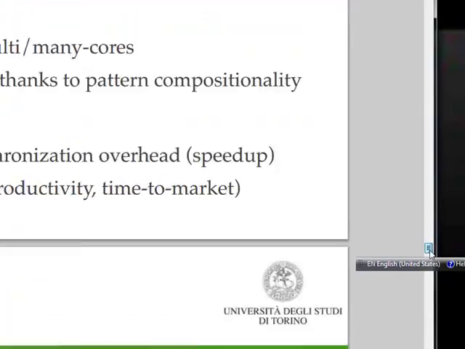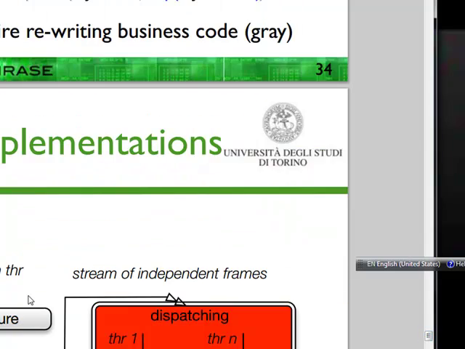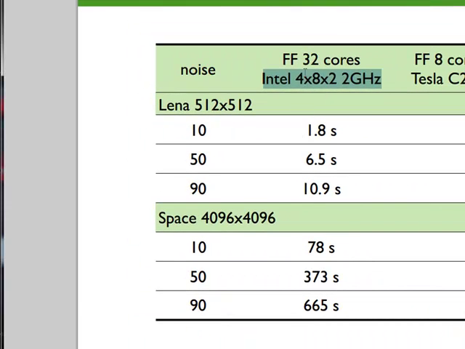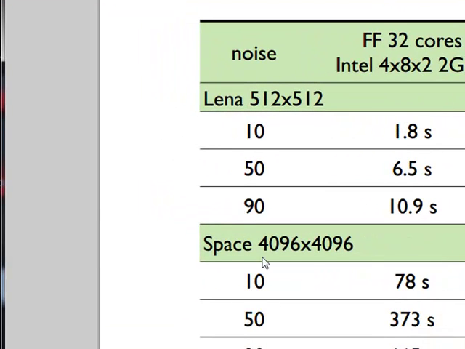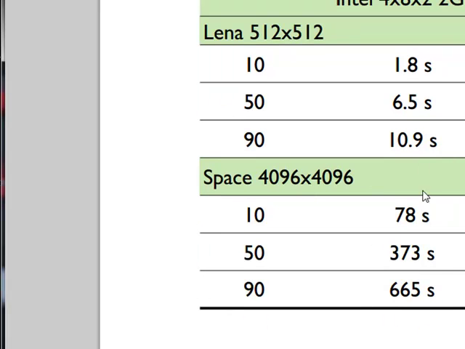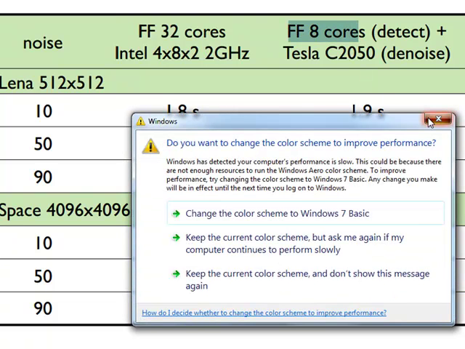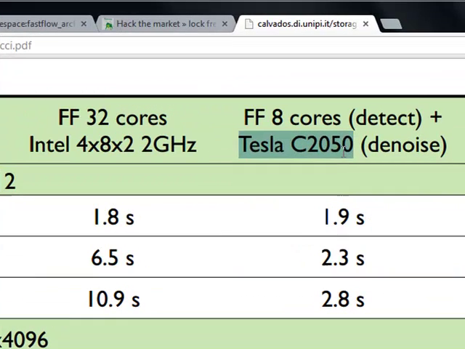Okay, yeah, this is it. Here we have Fastflow with 32 cores, Intel, a pretty fast standard server. This line right here, if you have these algorithms being used, these matrices built and utilized, this is how long it takes to run. Now, if you use Fastflow with a Tesla board, a CUDA Tesla